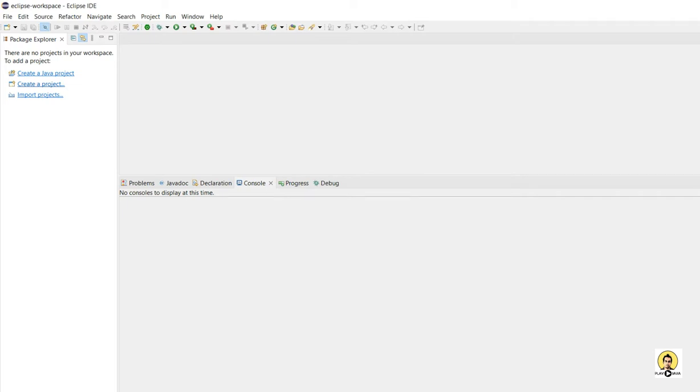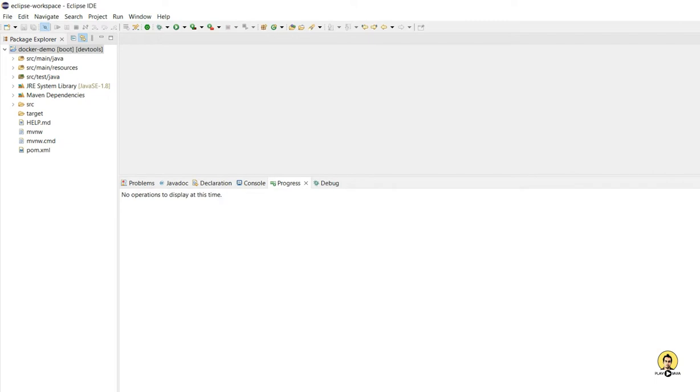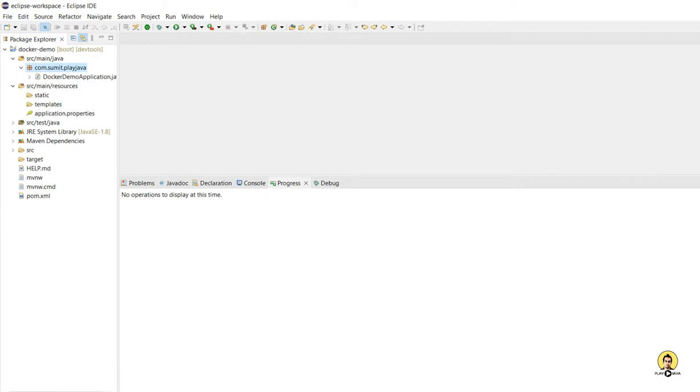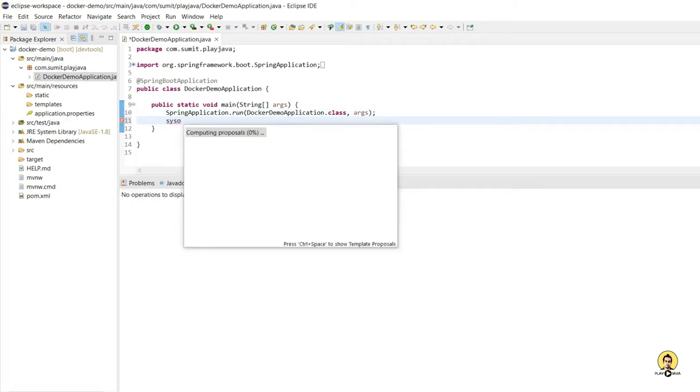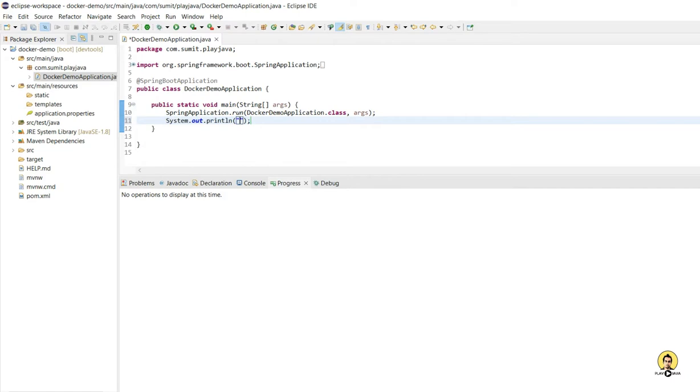So our project is being built, and it has been built now. I am not going to create anything, I am just going to provide some log type of data so that we will get to know that our project is running. So here in the starting of the application, that is the main method only, I am going to print some data so that we will see it in the logs. So here I am typing System.out.println, like the command to print data in the Java Docker application on Play Java channel. So here I am going to print this only. So I will run it, run as Spring Boot application.